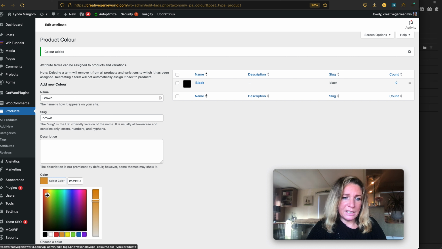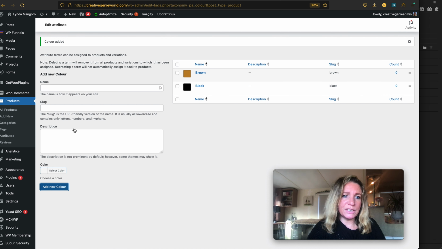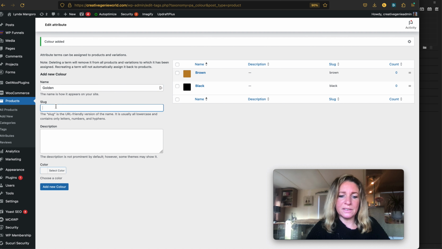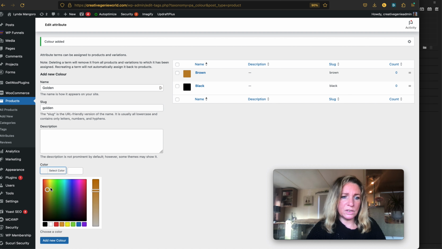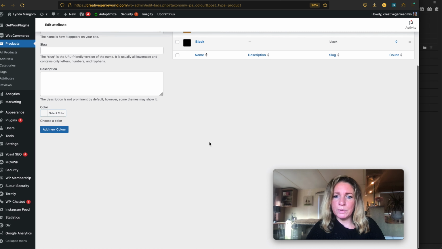I might come back in later and make these colours a bit more precise, but just for speed I'm going to just select colours over here for my different variations, and my last colour is golden. So let's add another attribute variable for golden. We don't want my puppies to look green. Let's go for a nice golden puppy colour there. So now we can see over here I've got my 3 different colour options available that I want to add,